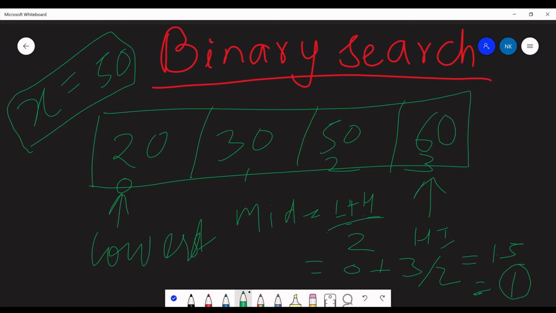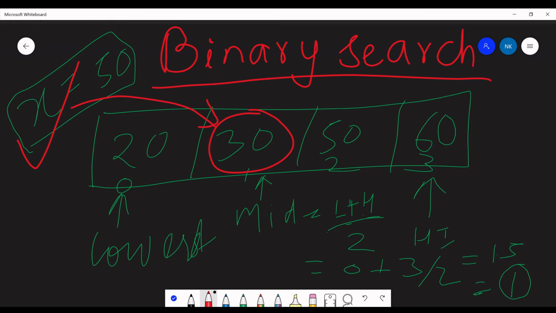The mid value is at index 1, which is 30. Now the algorithm says that if the value we are going to search is at mid, we return the value and say it is at mid.